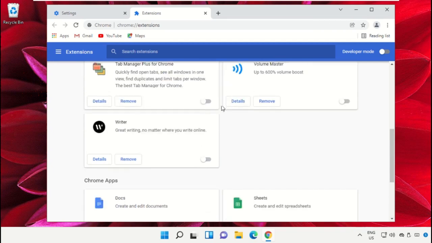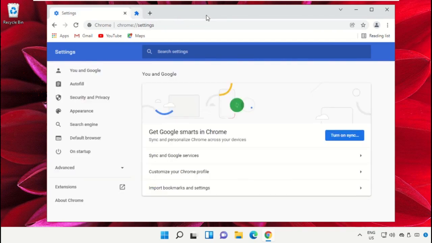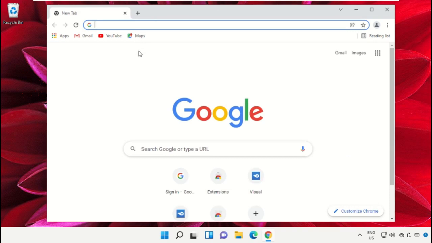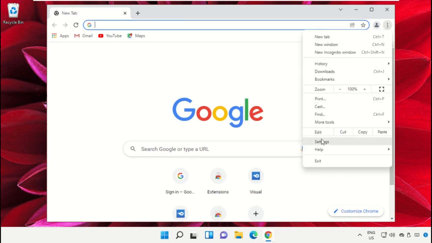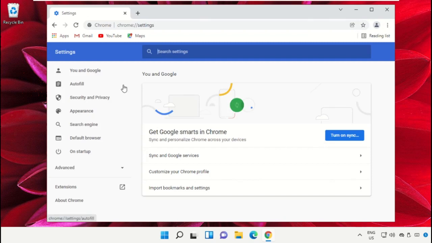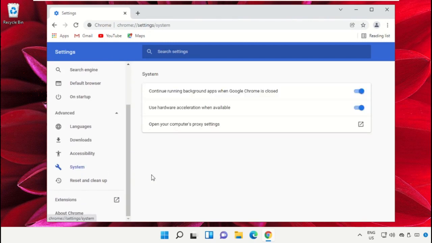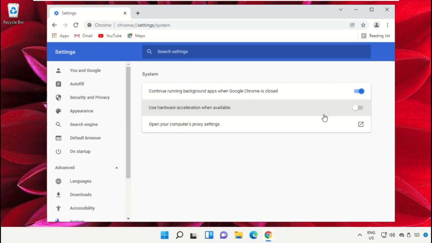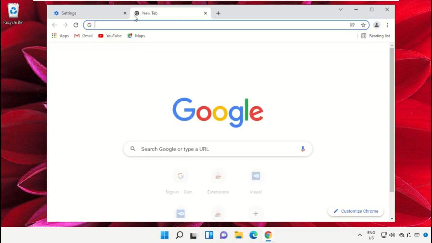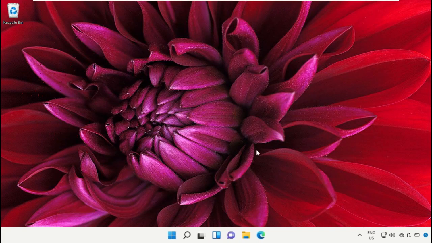Now open new tab, go to these three dots and again open settings, go to advanced settings, click on system. Now we need to turn off this option and click on relaunch. Now close this